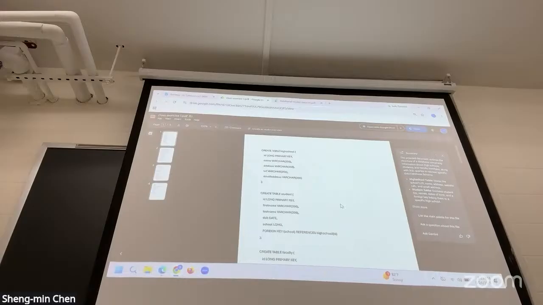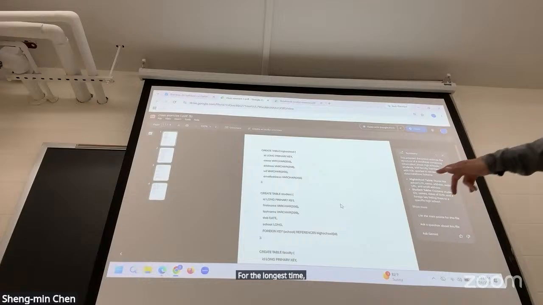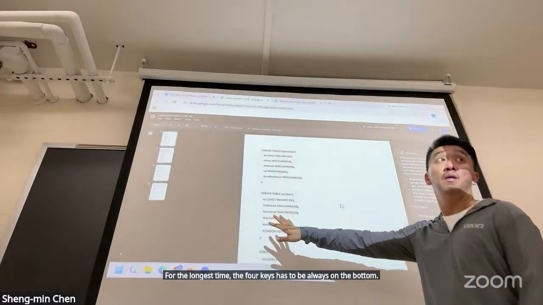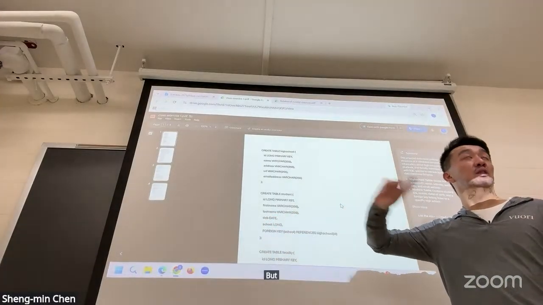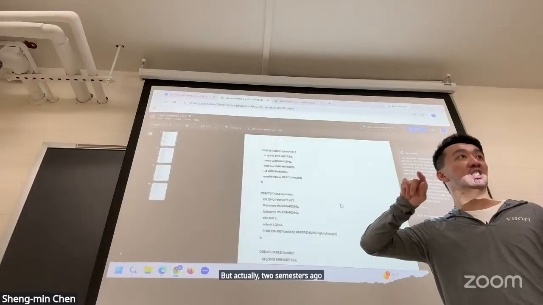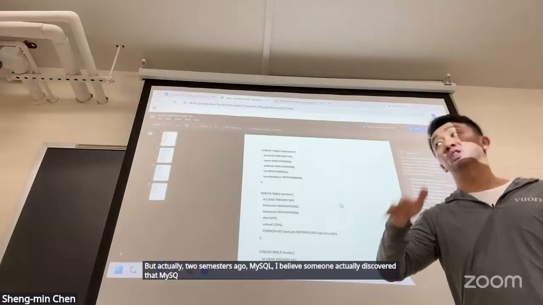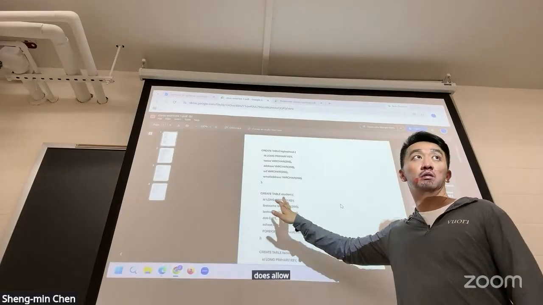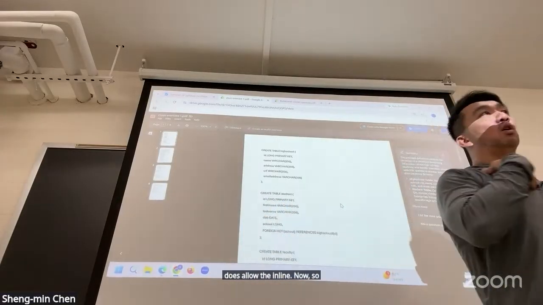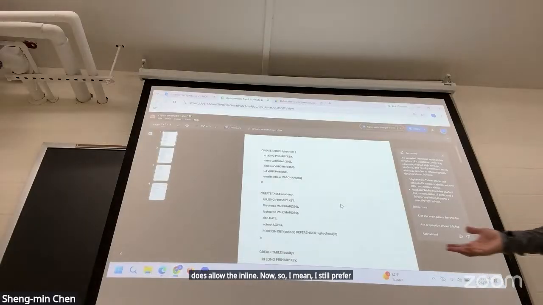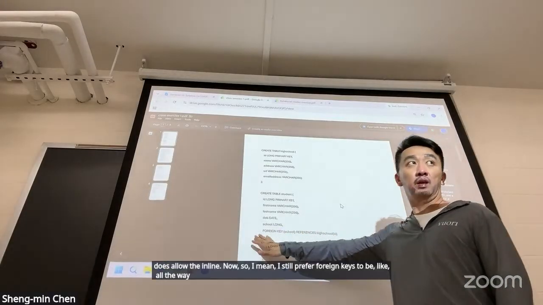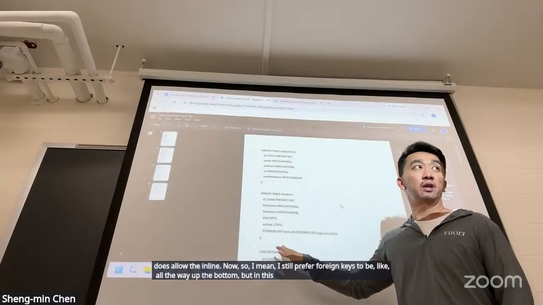So for the longest time, the foreign keys had to always be at the bottom. But actually, two semesters ago, someone discovered that the latest version of MySQL does allow them inline now. I still prefer foreign keys to be all the way at the bottom, and when you're declaring it,